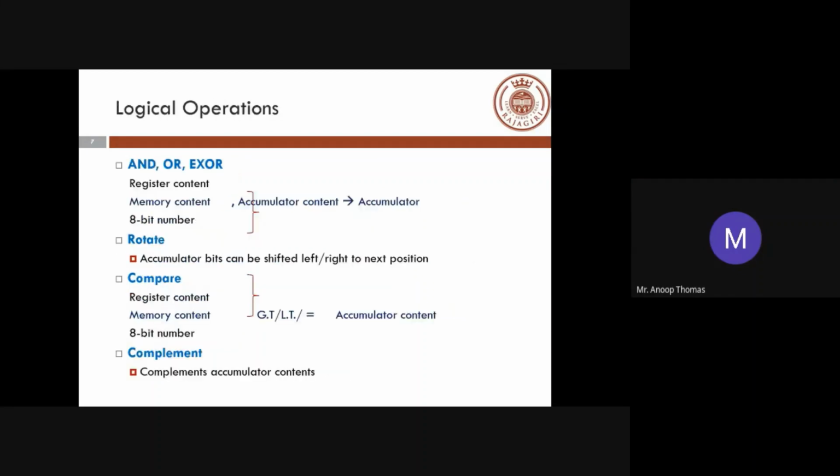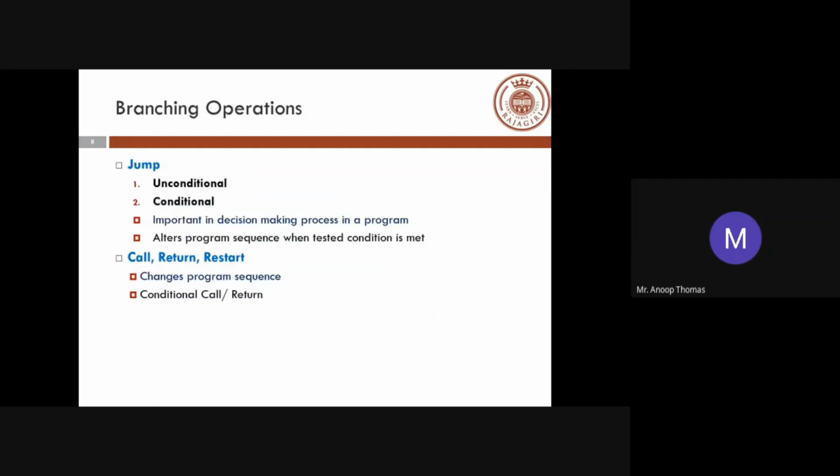The next set of operations which we will discuss today are your branching operations. Branching operations are operations which change the flow of your program. As I had mentioned, you have if loops, you have for loops. Based on a condition, you move to a particular place, or you want to skip a particular part of the program in between. All these things are done in the instructions of your microprocessor using something called branching operations. It branches out towards right or left or towards a different point, which implies the address changes.